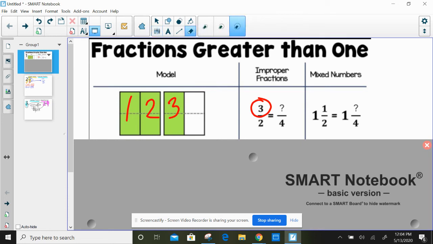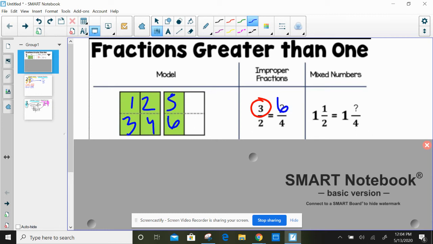But now how many do we have shaded? Now we have 1, 2, 3, 4, 5, 6 shaded out of our 1, 2, 3, 4 that we have in each box,